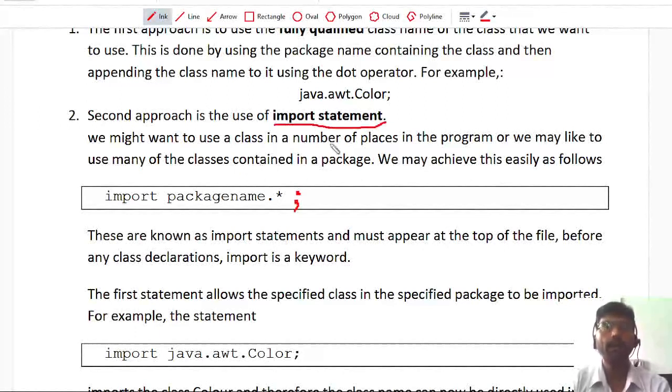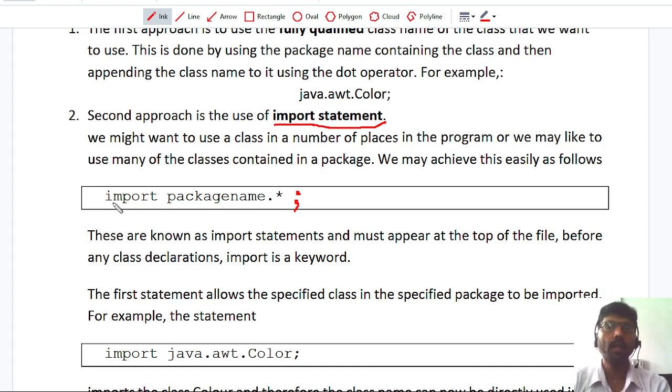If you want to access multiple classes from the package, or the same class will be used many times, and the class hierarchy is very wide, meaning it contains many packages, in that case it is better to use an import statement.